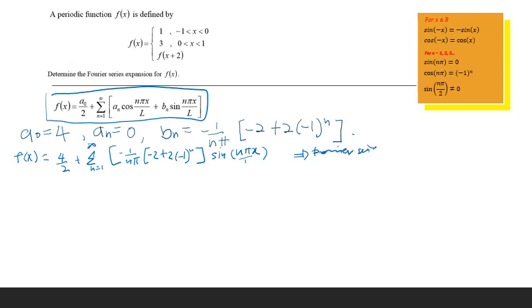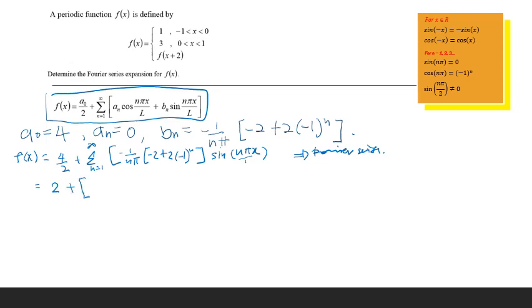Fourier series. Since we want to find the Fourier series expansion, we need to open and simplify the term of summation here, the summation from n equal to 1 until infinity. So let's try to expand this one. 4 divided by 2, we get 2, plus